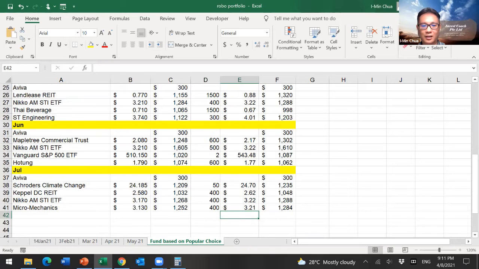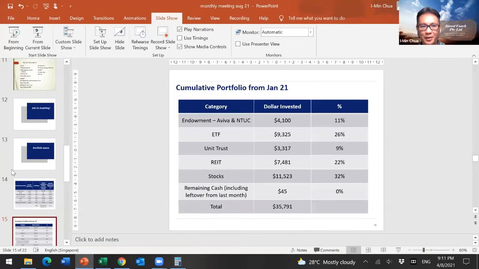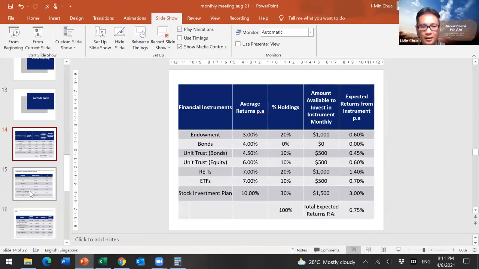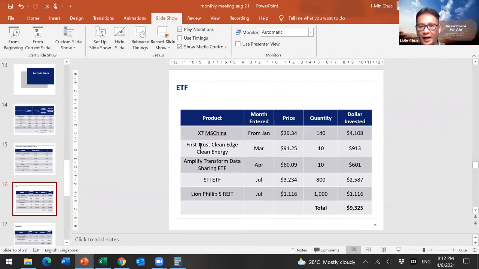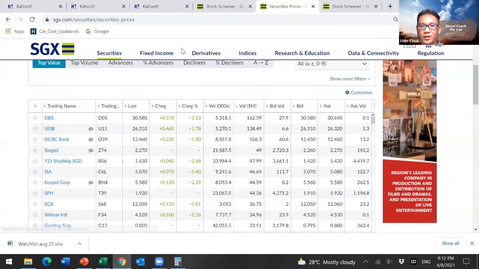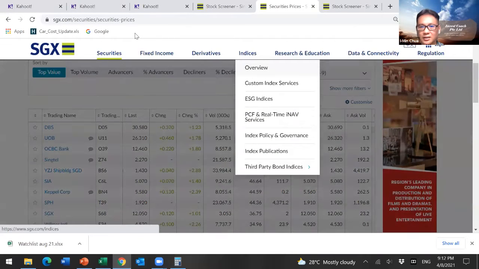Okay, for example, quite interesting. At the beginning of the year, I actually went into China. I was actually quite bullish about China, and that's why I picked up some of the China ETF. And again, thank God I have diversified. So of course, for those who follow the China market, it has slammed down quite significantly. Let me just share with you all the chart.